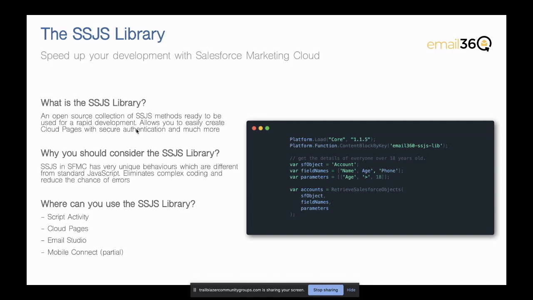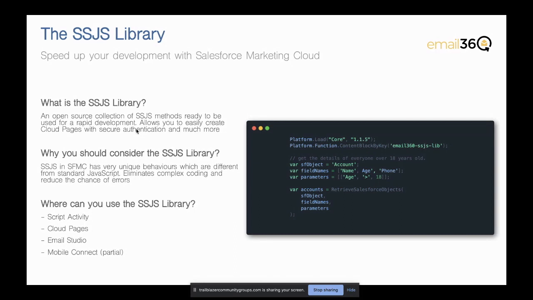So for example, with script activities, as Eliot mentioned, there's a use case for external services information like the weather service to be pulled into your system and pre-processed before you want to send out an email. This is only really possible with SSJS. So with the SSJS library, you can easily access that without writing a lot of lines of code, and sometimes you just need one line or two lines of code to achieve the same thing